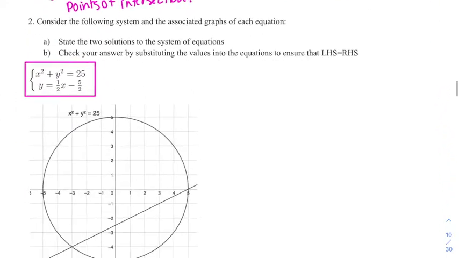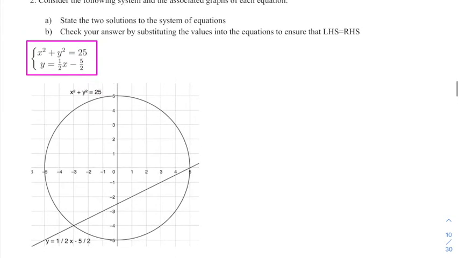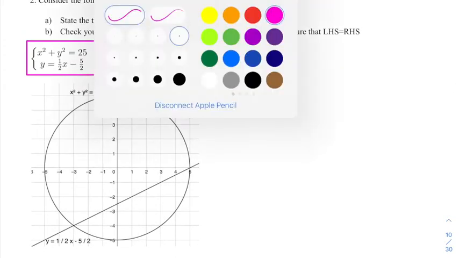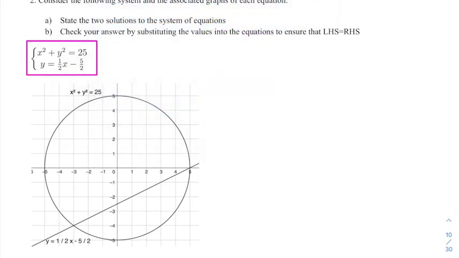So if I were to consider the following system and the graphs, okay, so I've graphed both equation 1 and equation 2. So equation 1 is a circle of radius 5 centered at the origin, and equation 2 is a line. We can pretty clearly see that there are 2 solutions, and the first one is 5, 0, and the second one is -3, -4, and that's part A. Okay, the solutions are